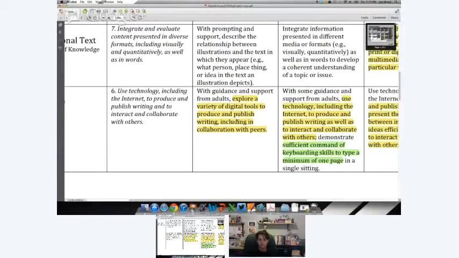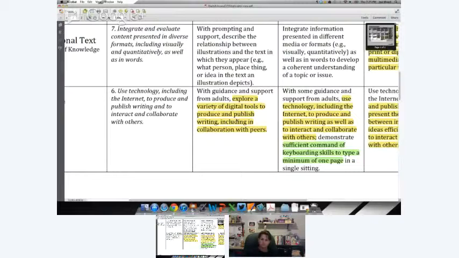This standard actually exists in identical form for kinder, 1st, and 2nd. And I know for the teachers at my school, this was a little mind-blowing, because they're used to thinking that kinder through 2nd grade kids can't produce with digital tools, that digital tools are really primarily used to give information to the kids. They're used to things like Accelerated Reader or Read 180 or Starfall or something like that. And so it's really this notion that as early as kindergarten, kids need to start experimenting with producing with digital tools.